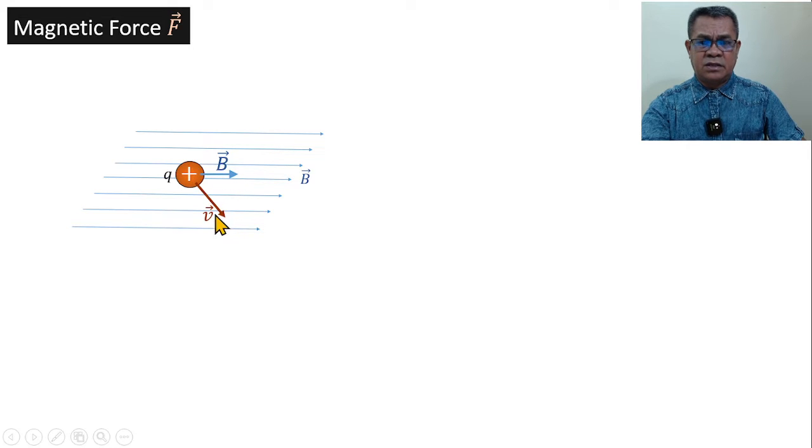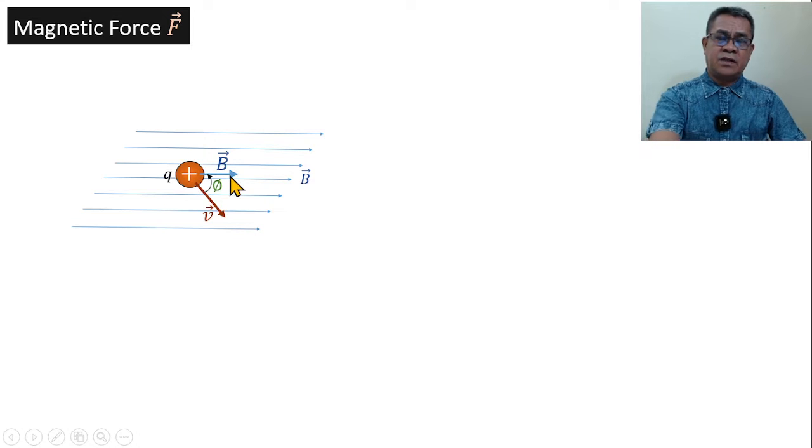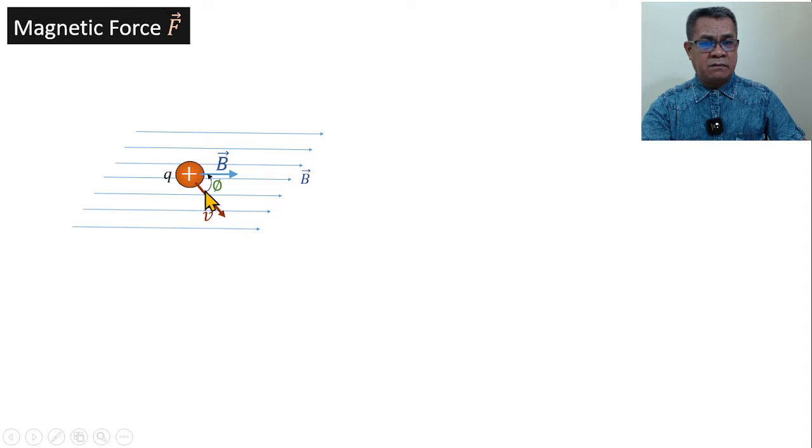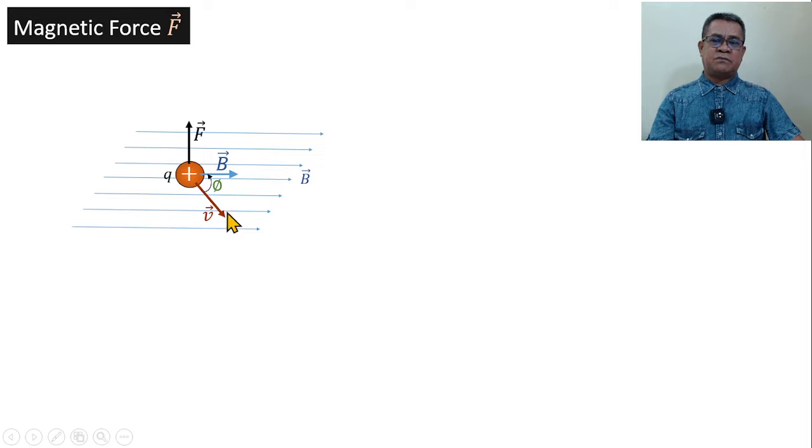And this one, the velocity and magnetic field, has an angle of P, which means that this is the plane that the velocity and magnetic field interact in, and we have that angle P. And the angle, remember, is coming from velocity towards the magnetic field. It cannot be reversed. It's always from velocity towards the magnetic field. So therefore, there must be a force on it in the third dimension, because velocity and magnetic field